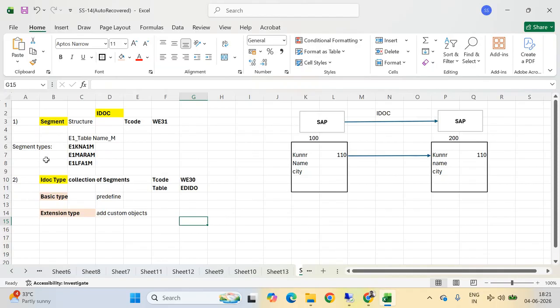So these are the two types we discussed. Segment is a structure, and this is a group of structures. Next,